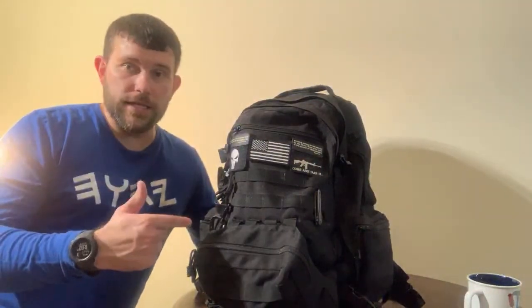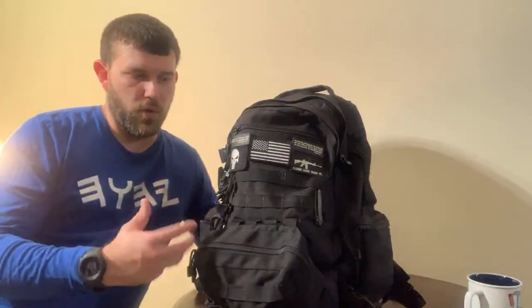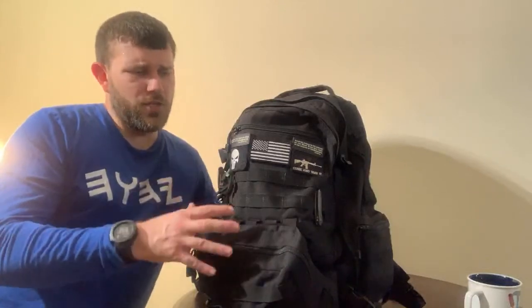So what I did is I got me a regular tactical backpack that's good for about 3 days. This is like a 3-day style pack, and it was something good for me that I could use as a carry-on at the airport, because I have it compartmentalized now where I can take out the things that are not TSA approved, and still have the things that I need when I get to wherever I'm going in case something happened. So I encourage you to get a pack that's tailored to your personal fitness level,